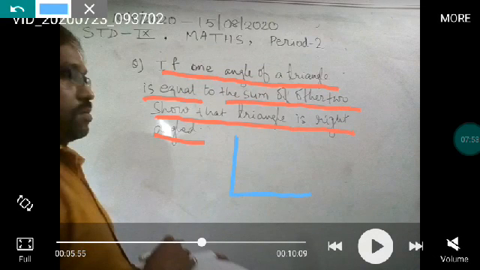If this is one triangle, then this angle must be 90 degree. I have taken this, you can take any angle, but we have to prove that one angle is 90 degree. There cannot be even two or more than two right angles in a triangle, because if the sum of two angles will become 180 degree, then how will the third angle exist in a triangle? So we have to prove that this is a right angle triangle, means one angle is 90 degrees.